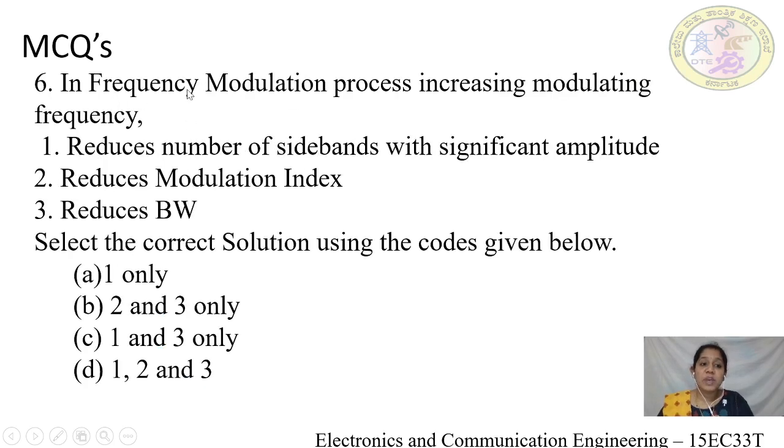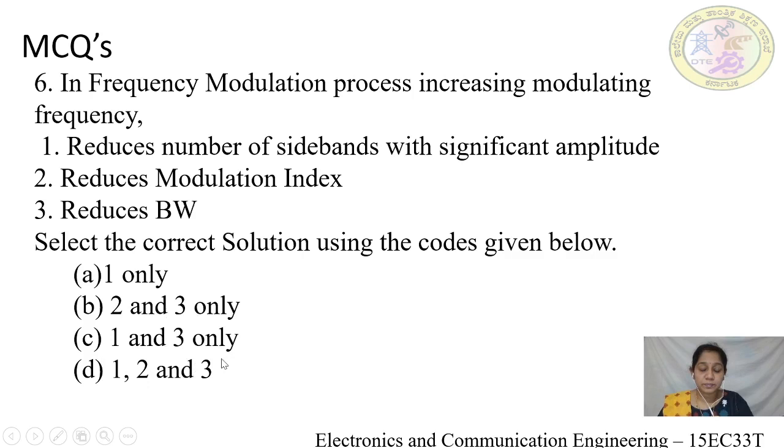Next, in the frequency modulation process, if we increase the modulating frequency, what happens? First one, reduces the number of sidebands with significant amplitude. Second one, reduces modulation index. Third one, reduces bandwidth. Select the correct solution using the codes given below. Option A 1 only, option B 2 and 3 only, option C 1 and 3 only, option D 1, 2